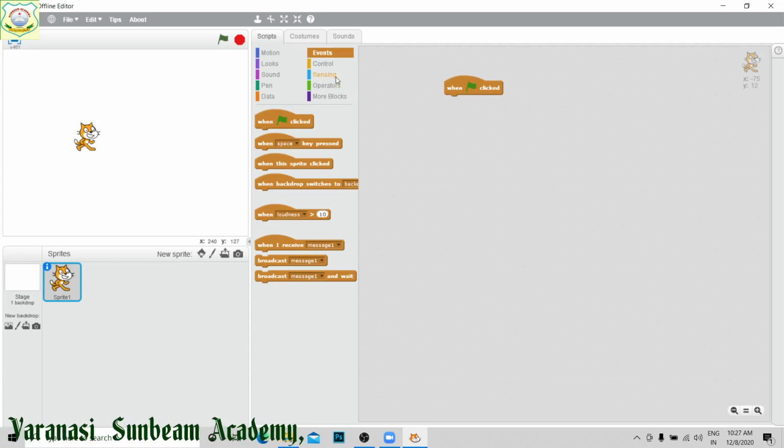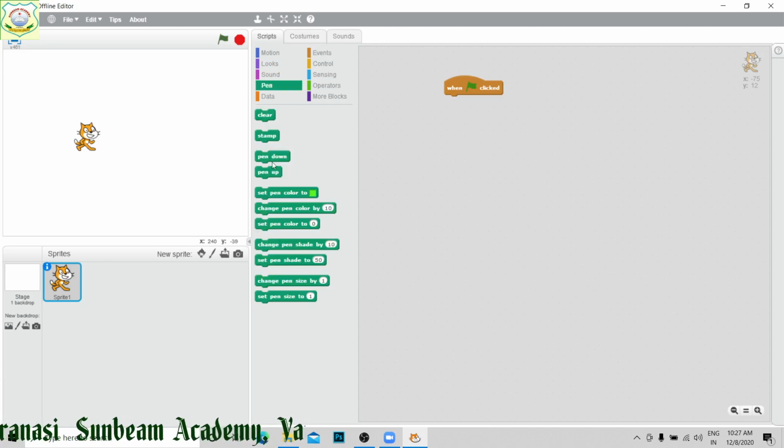So first we will clear the screen, then we will put the pen down so that it can draw something. Now set the pen color to whatever color you want. It is given green. If you want to make changes in the color, you can pick any color.